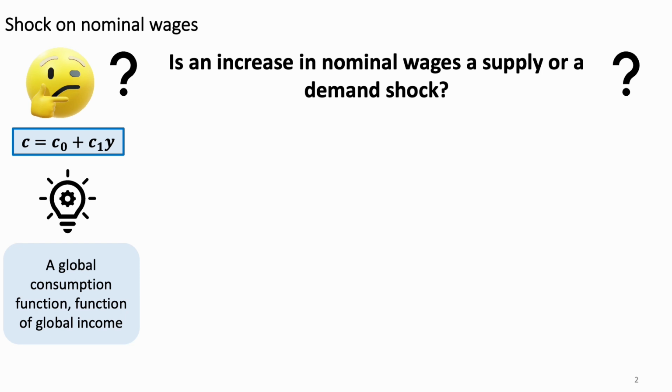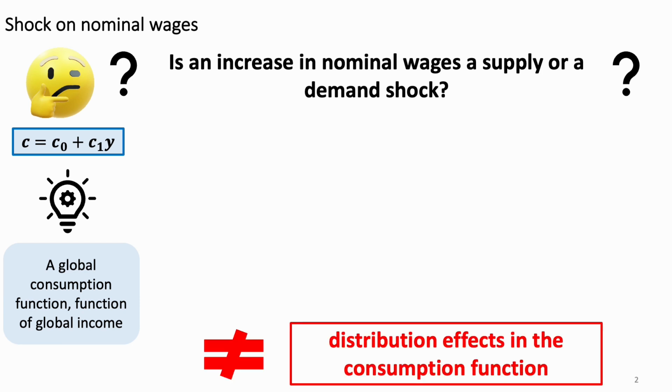In lesson 2, if you remember, we briefly mentioned that it would be possible to use a consumption function that would incorporate these differences. We call that a consumption function with distribution effects. We will come back to this in the next podcast. For now, we will still consider an aggregate consumption function.